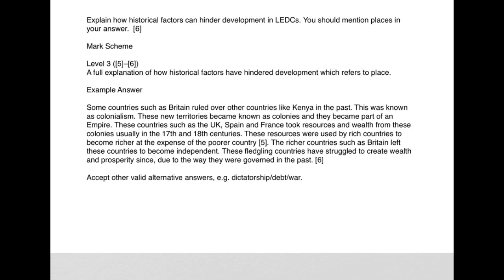If we have a look at this example question in your ebook, we can see that explain is the command word, which means give reasons. How historical factors have hindered development. You should mention places in your answer. So if we